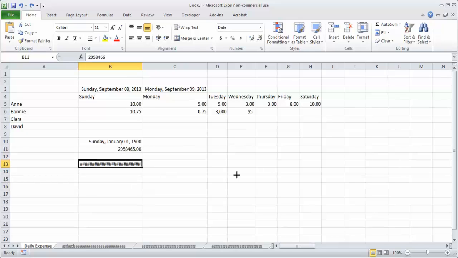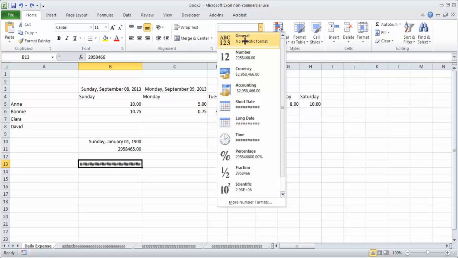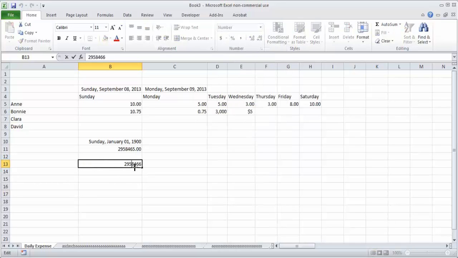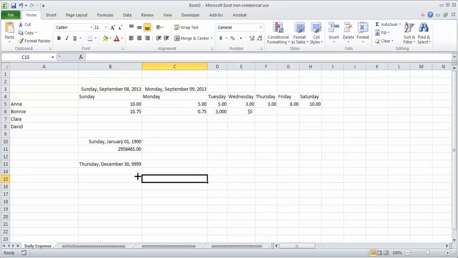If you convert 2958464 to a date, you will have the values. So in Excel you cannot have dates prior to 1st Jan 1900, or later than 31st December 9999. That is the restriction that we have.